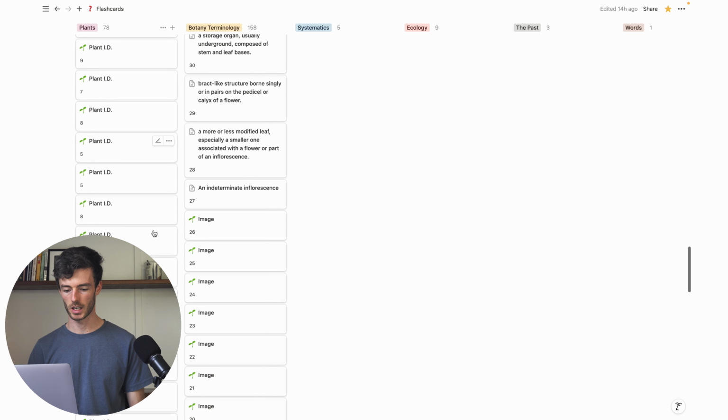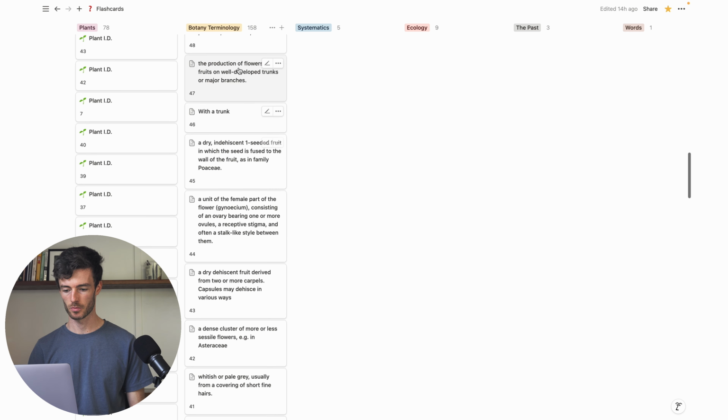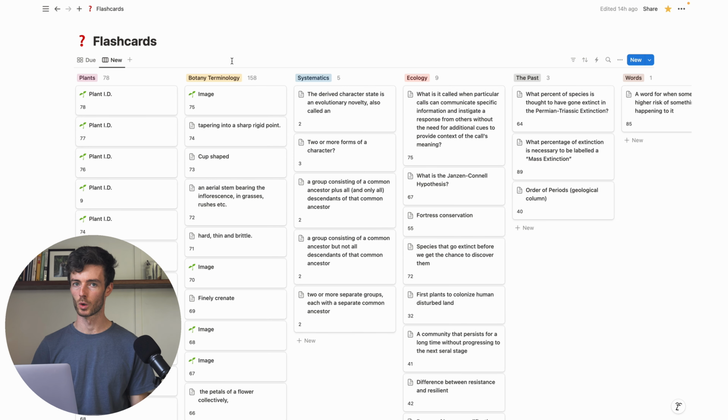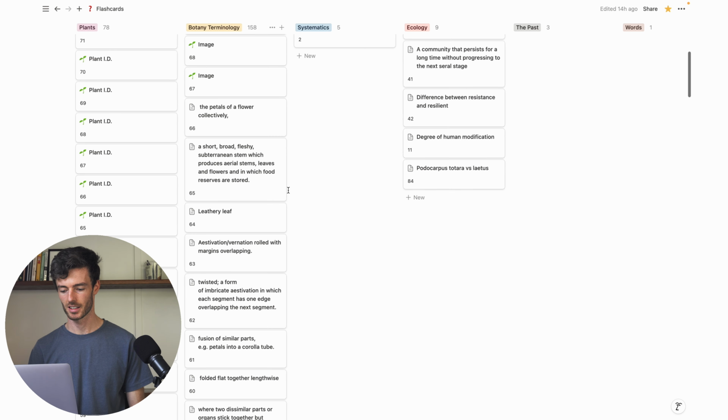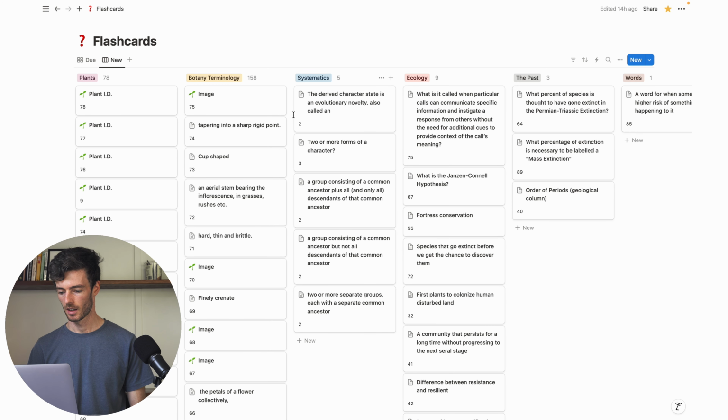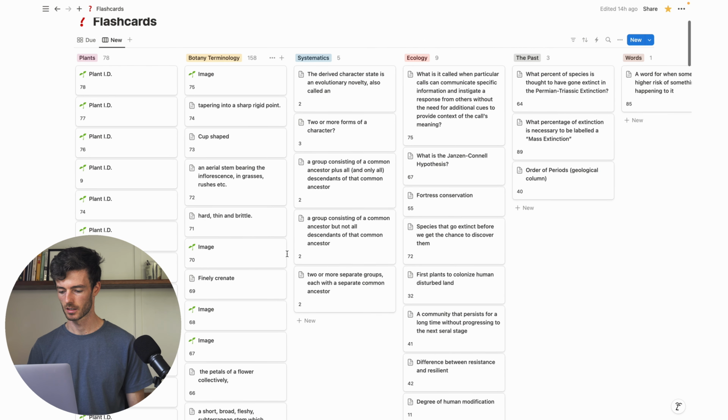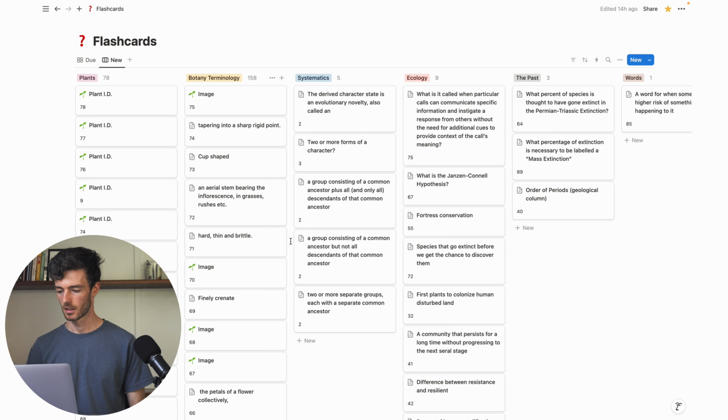As you can see, I've got tons of plant ID cards, tons of botany terminology cards. I've been adding a lot more recently. I hadn't been using it for a little bit because I'd finished my studies, but I decided that I wanted to actually continue progressing my knowledge in these subjects. So I'm going all in once again and basically trying to memorize tons of different things to do with botany, and also a little bit of systematics. I started reading through a plant systematics book, which is a little bit of a geeky one, but nevertheless,